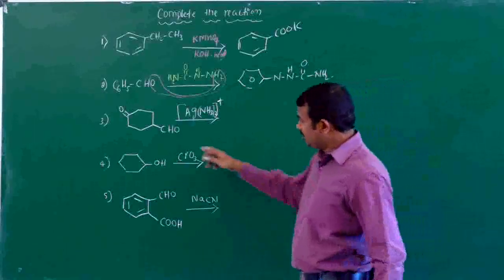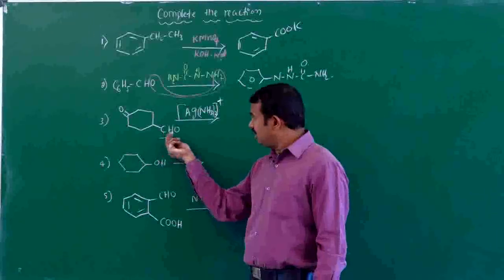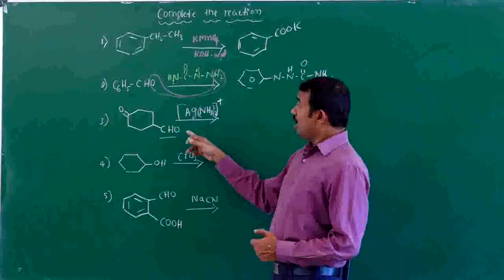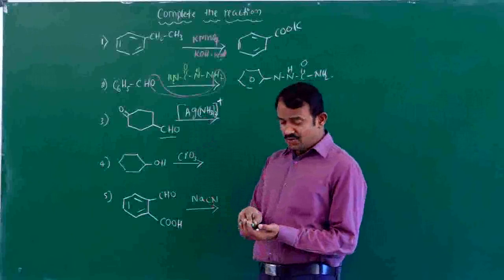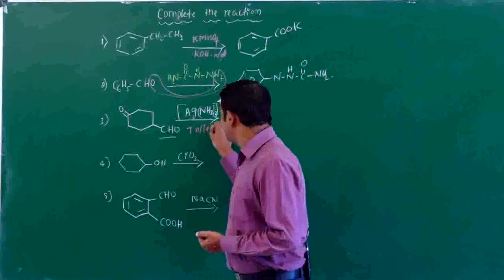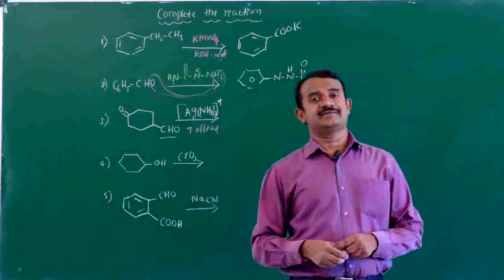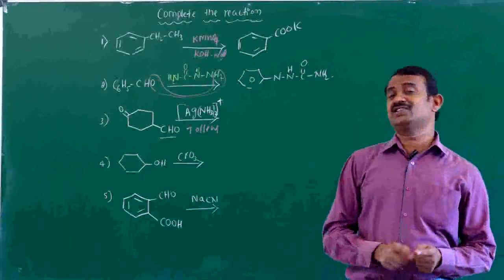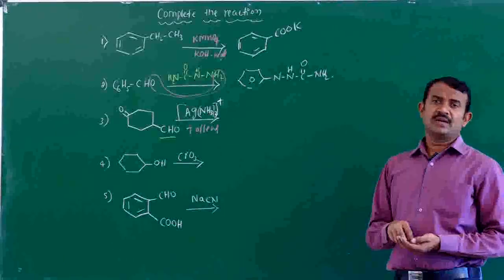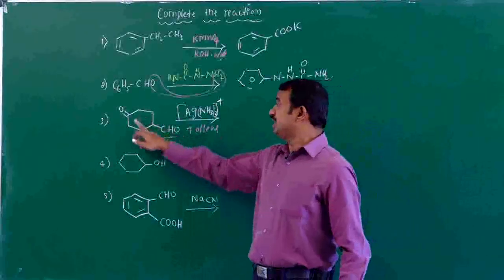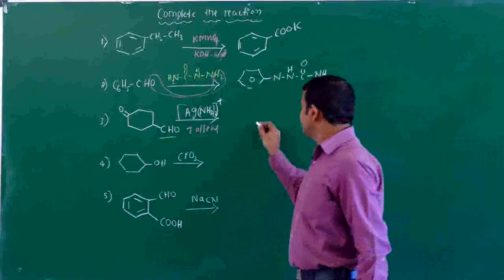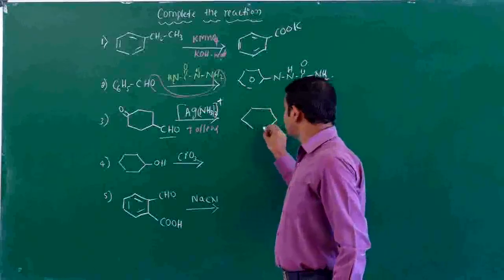Okay, now coming here, a compound containing both aldehyde as well as ketone. When the reagent is important, this is silver ammoniacal nitrate, called Tollens reagent. Tollens reagent reacts only with aldehydes. Tollens reagent and Fehling solution do not react with ketones. A silver mirror will form. Here the aldehyde is converted to carboxylic acid. Ketones are not affected.